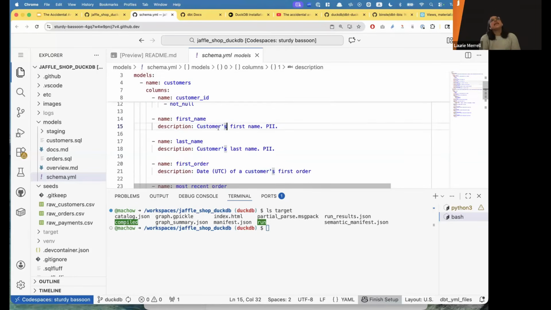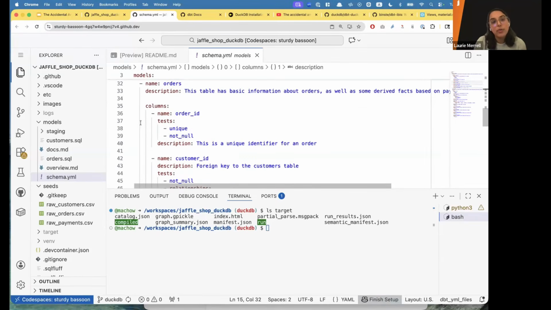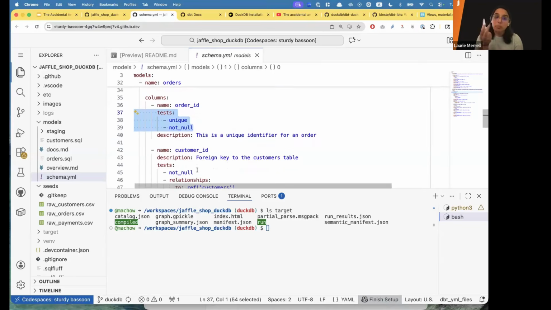And notice, I think the reason it's model rather than just table is because part of the DBT philosophy is the idea that your data transformations and a lot of this metadata should live in version controlled code, right? And that the materialization, whether something is a table or a view, is an implementation detail. The important part is the business logic that's encapsulated in that model.